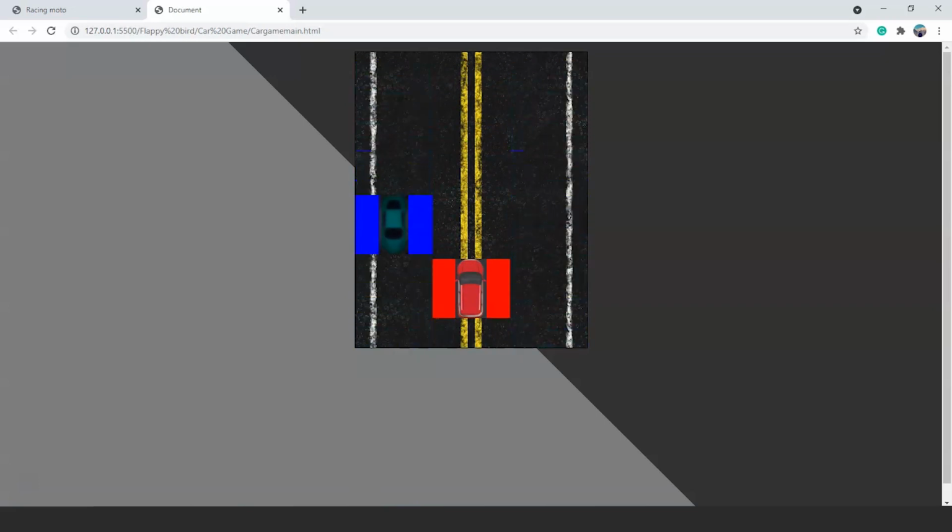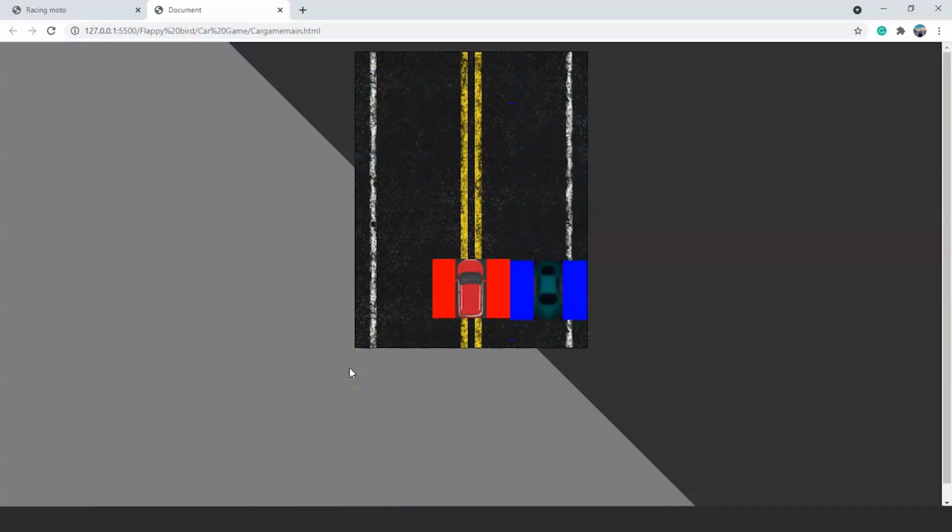So that particular number will be multiplied with 130 and the left value of the blue car will change to that particular number. The logic is simple. If the number randomly taken is 2, then the random value will become 260 in that case, and the blue car will have a distance of 260 pixels from the left side of the container. So this was the reason behind taking the width of the container as 390. I hope you guys can relate to it now.